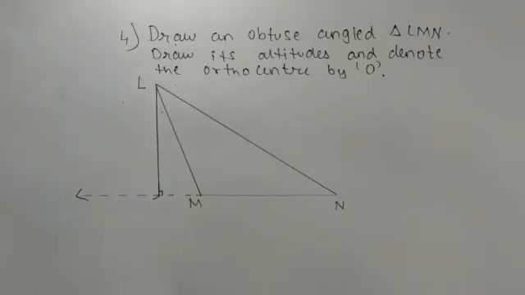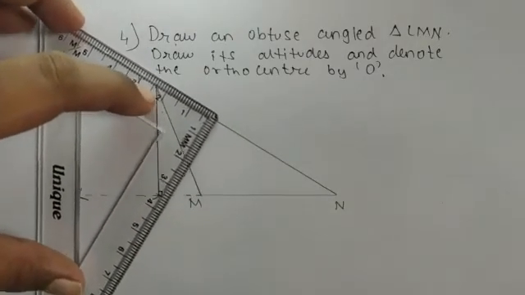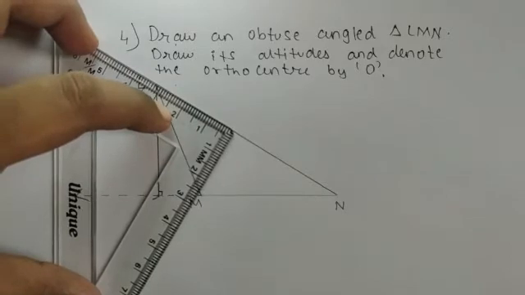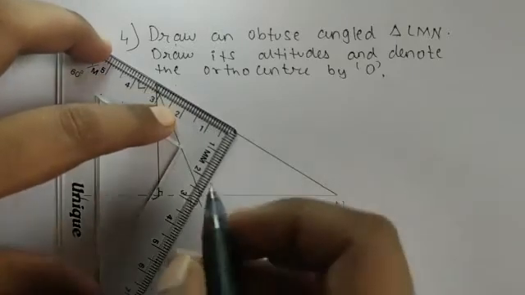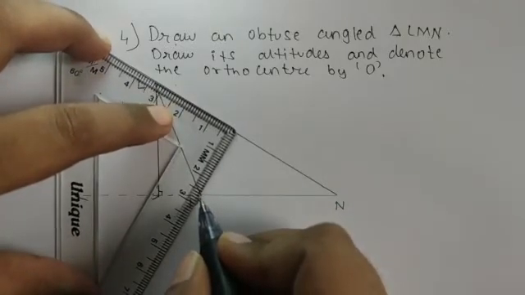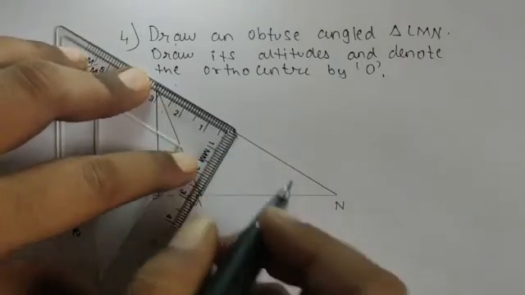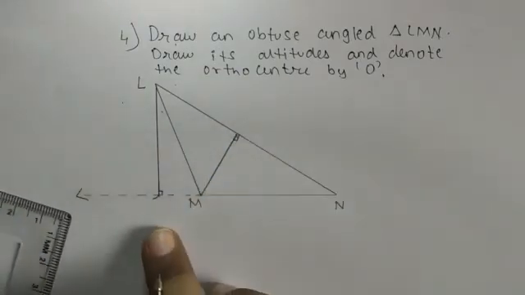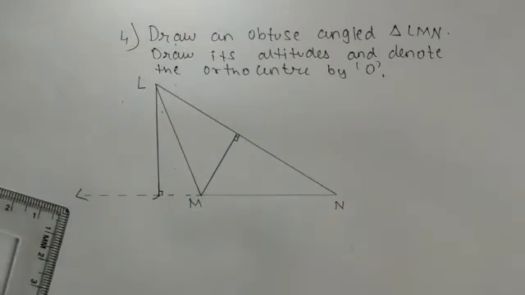So now the second, you will draw it from vertex M. So for that you will place the set square in this position and you will adjust it slowly, and when it reaches vertex M you can draw the perpendicular. Yes. So now it has reached vertex M. So now I can draw a perpendicular to its opposite side, which is LN. So now this is a perpendicular drawn from vertex M to its opposite side LN.